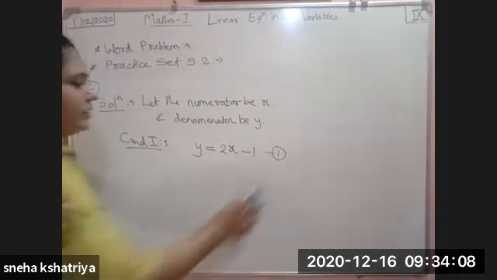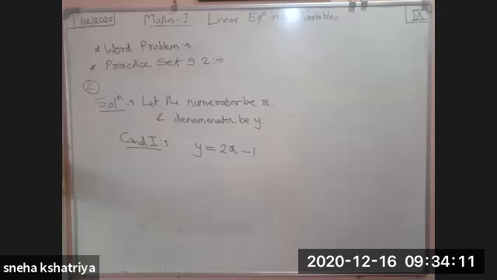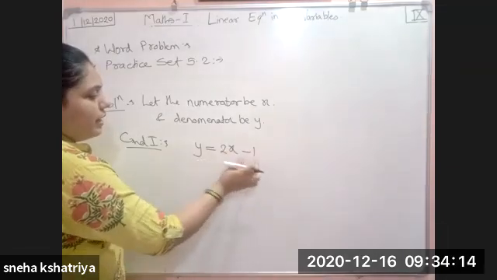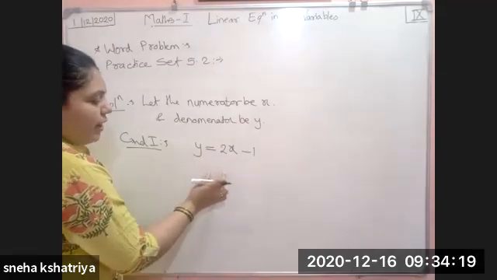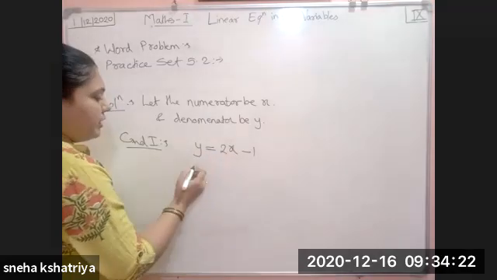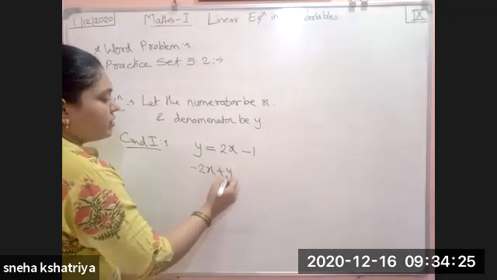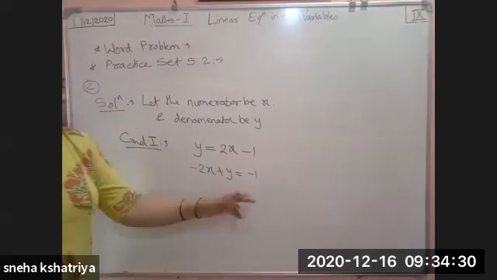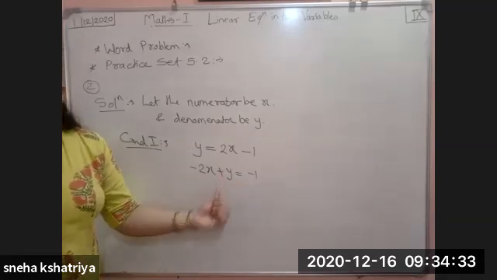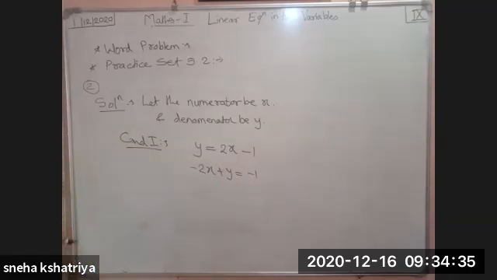Or don't write it like this, write it like this. You have to shift this y to the right side and 1 to this side. Or you can shift 2x, because we first want the x term, the y term, then the constant. So 2x shifted here gives -2x plus y is equal to -1. If you want to multiply it by a minus sign you can, because the minus and minus will become plus. Let us keep it as it is, it will be easy for the subtraction purpose. So call it equation number 1.